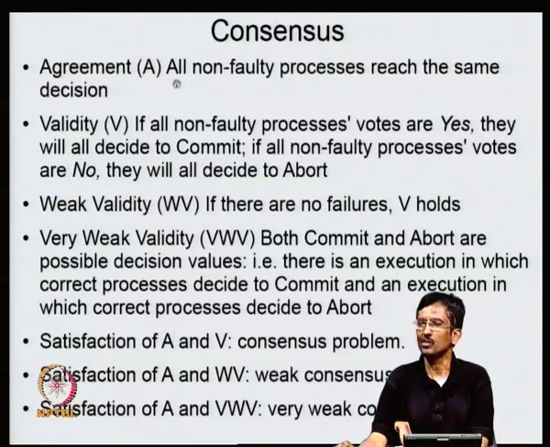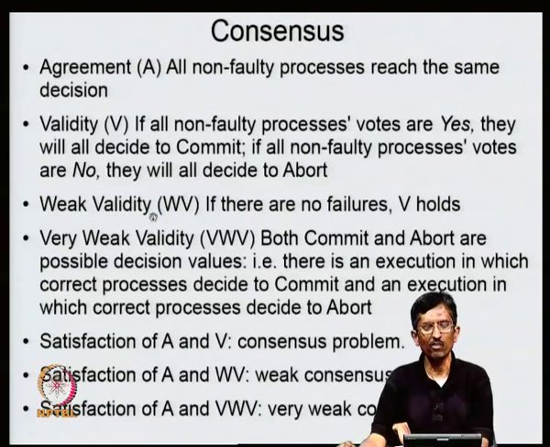Now, one thing that one should mention already is that there are some fundamental problems here itself. It turns out that detecting if a process is faulty or not is itself not feasible. Again, that comes back to FLP. So, these things are in principle infeasible. A and B together are infeasible. You need to have some weaker models. One weak model is if there are no failures, B holds. That means that of course there are no failures, therefore you do not have to think about non-faulty processes. Therefore, this is appropriate.